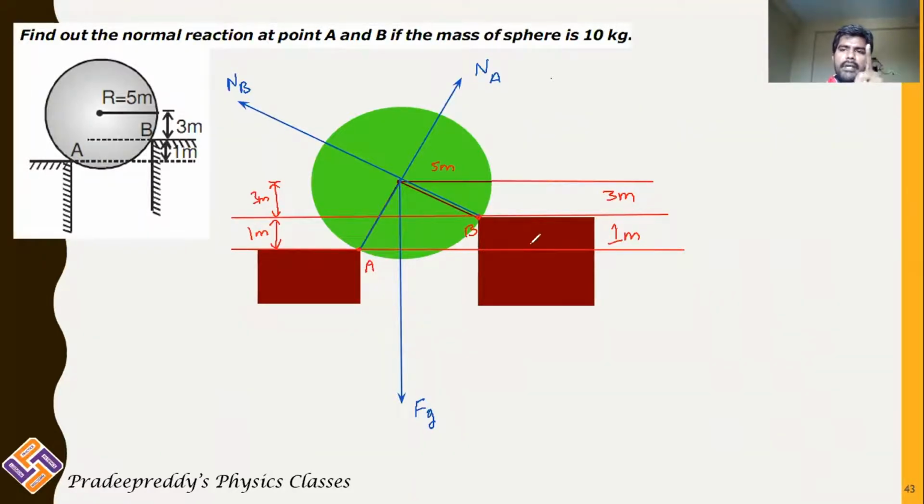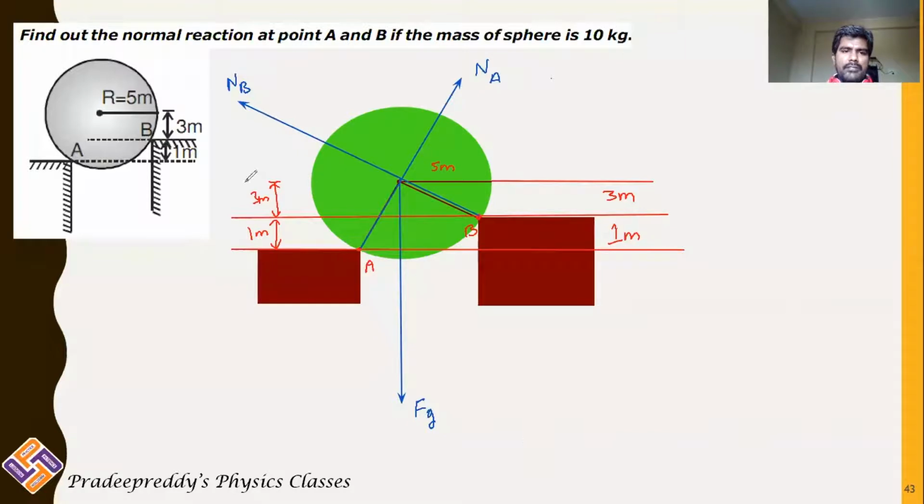Now see, Na and Nb are in the plane. You need to resolve them into components. In order to resolve them into components, you can use Lami's theorem as well in this case. First you should find out the angles between the forces, and then you can use Lami's theorem. Or else you will resolve normal reactions Na and Nb into components, and we will find F net equal to 0 along the x-axis and y-axis separately, so that you will get normal reactions Na and Nb. So first let me find out the angles made by the normal reactions with the x-axis and y-axis.